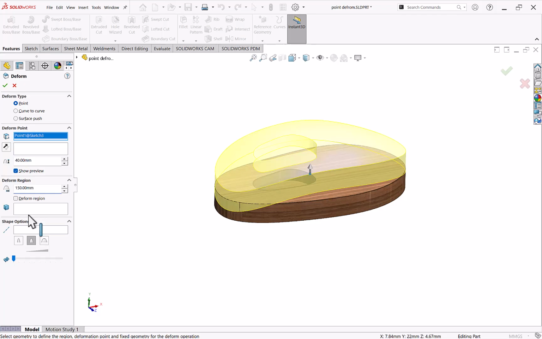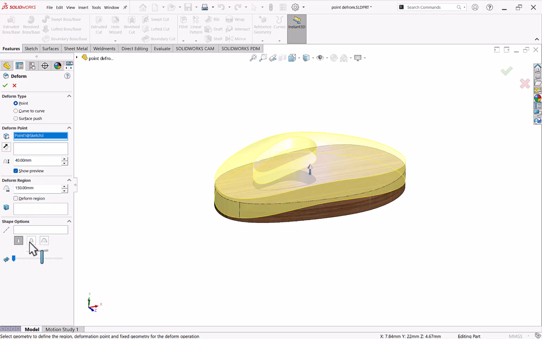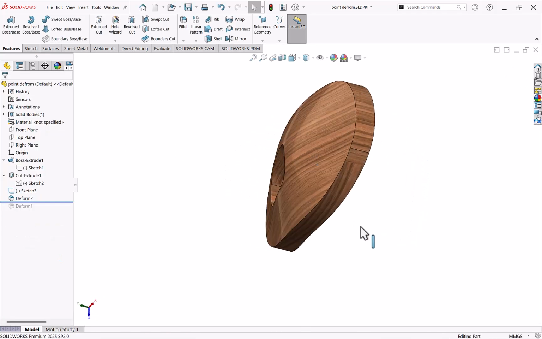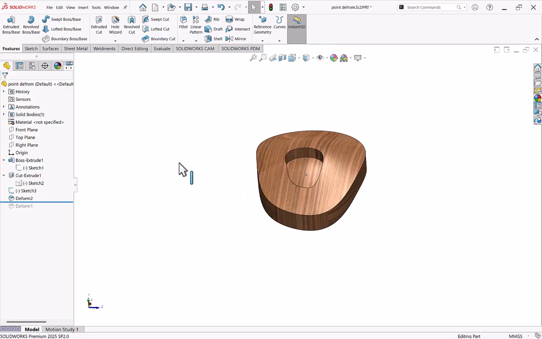Then you can define how you want to deform that. Shapes are there, you can take shape controls from here, and you can control the shape accuracy and click OK. So this is how my model has been deformed about the shape. So this is how we can use a